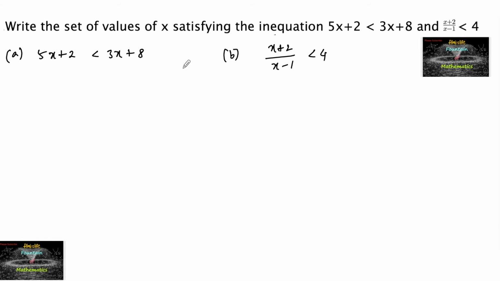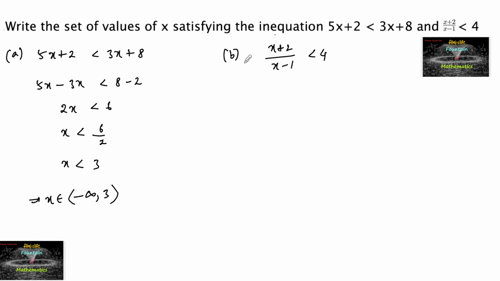Let us solve separately. First one, 5x minus 3x is less than 8 minus 2. So that is 5x minus 3x is 2x is less than 6. So dividing with 2, it's a positive number, so x less than 6 upon 2. There is no change in inequality when you divide with positive numbers. So x is less than 3. So the solution we got is minus infinity to 3,